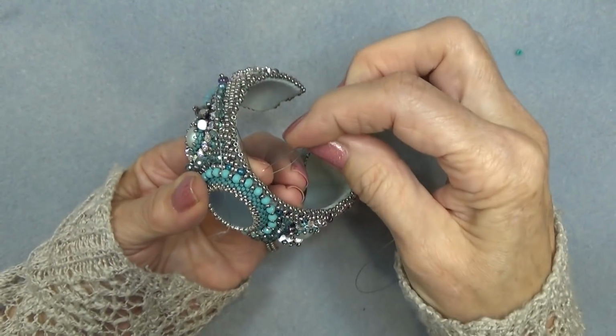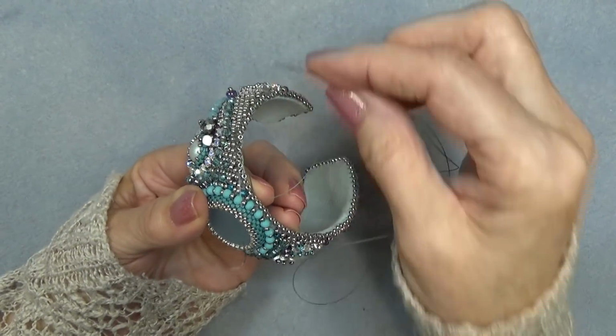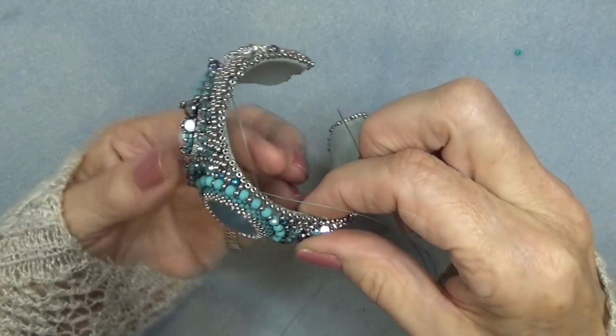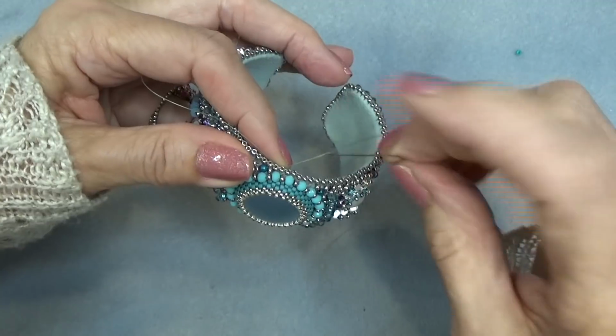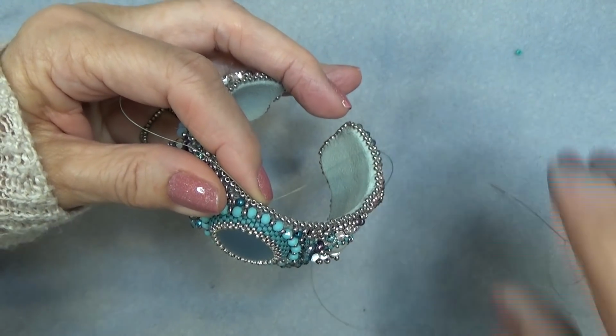So here, this is the thread you originally put on, the end. You went all the way around the cuff. Here, now you're back at this end. So you just want to sew the threads in now. You want to connect those two ends. So I've added all the beads. You've done your brick stitch here. So exiting here,